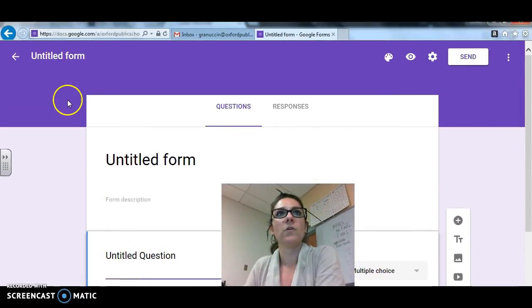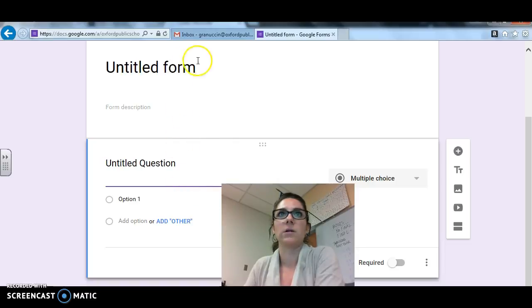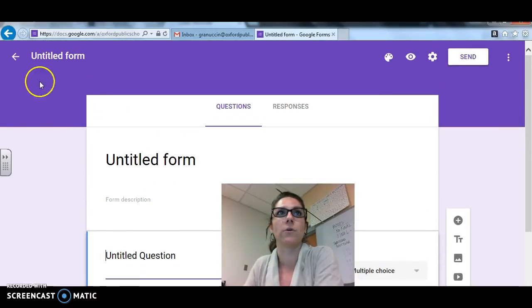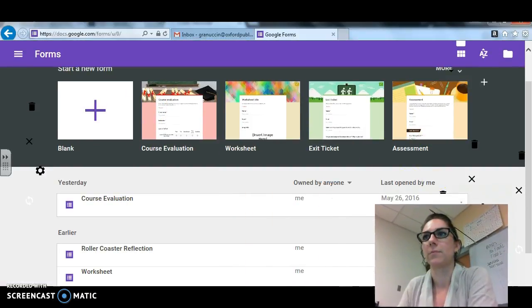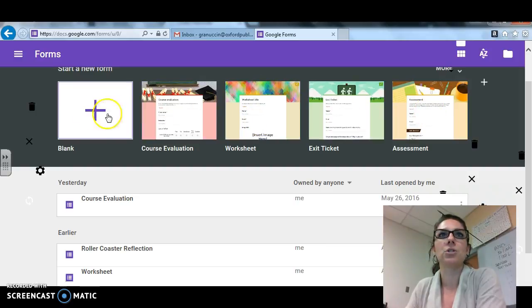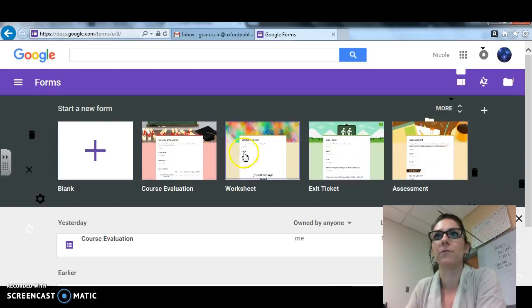So I'm actually going to skip this. Now you could do anything here. You can do your own evaluation, you could write it up, but I would actually not do that because they started it for you. If you click this arrow, the cool thing is that they already have some pre-forms made for you, and notice that course evaluation is one of them. So the secret's out. I didn't build a lot of this myself. I used this as a basis, which I thought was pretty good. So if you click on that,